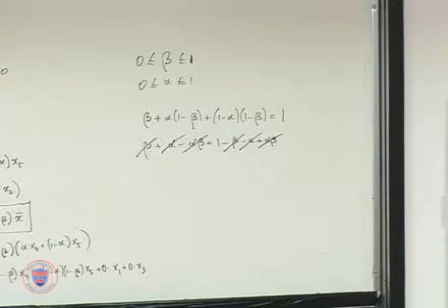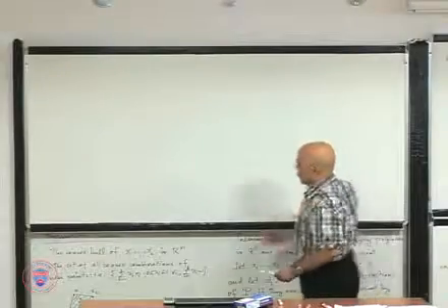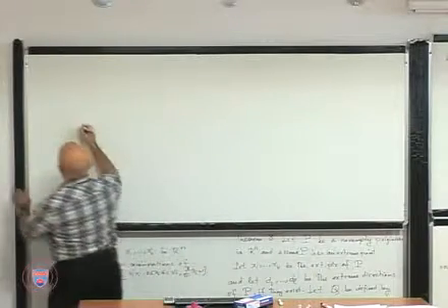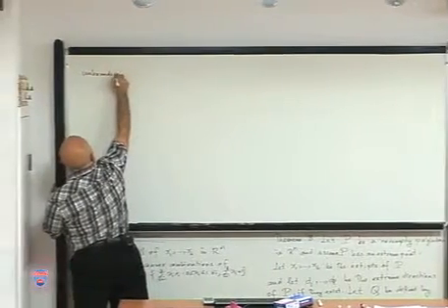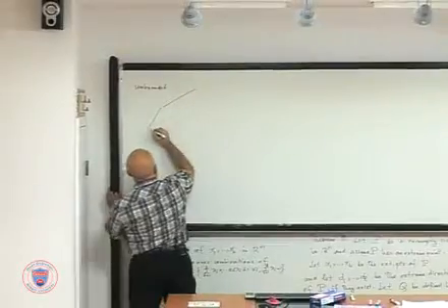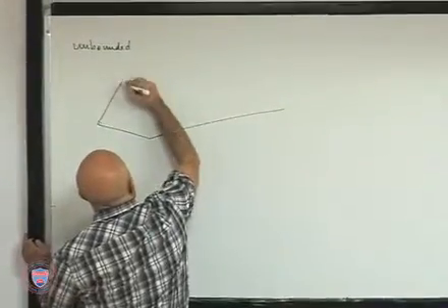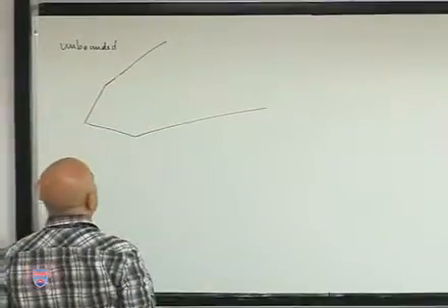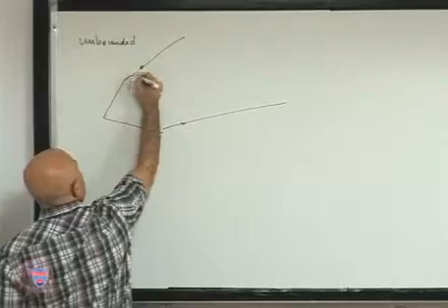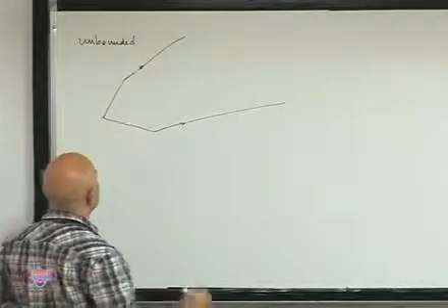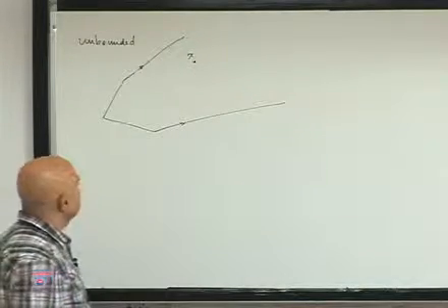That was for the bounded case. For the unbounded case, you have a more complicated situation. So you've got some kind of an unbounded polyhedral set, such as this one. Okay. There are two extreme directions here. One is this, the other one is this. So what you do is you pick a point X in the polyhedral set,